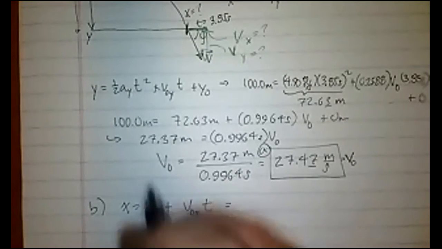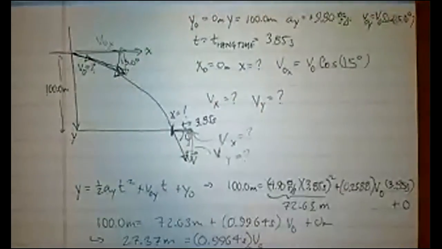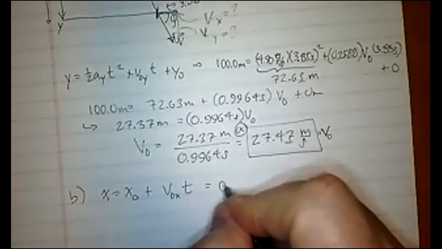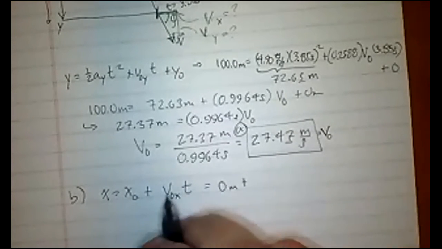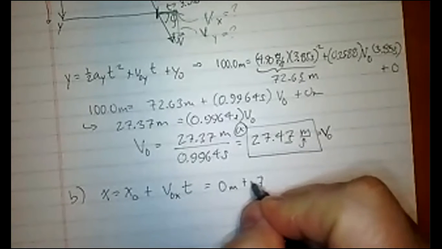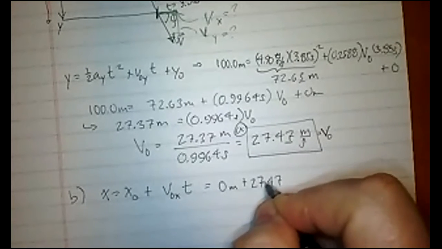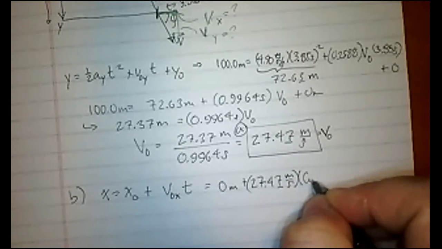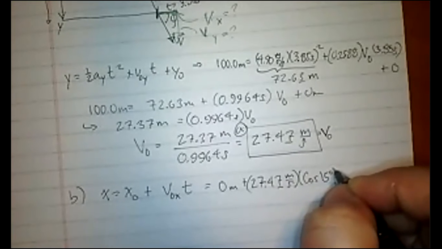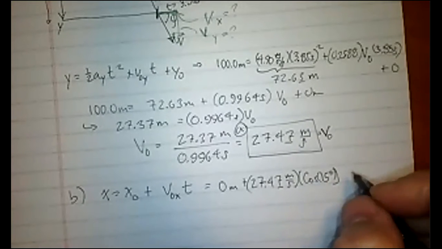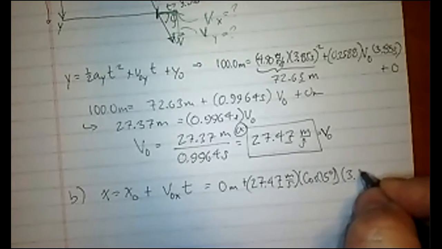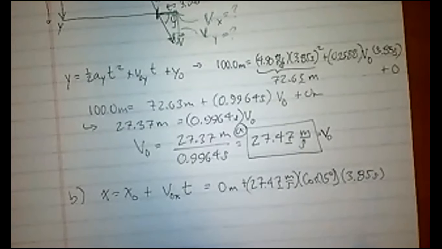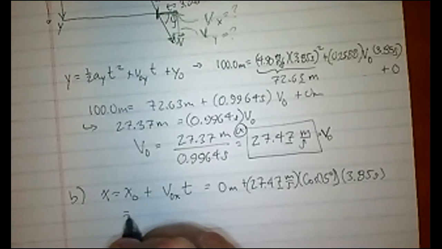So the initial x, obviously we started at the origin. So initially the x position was 0. And that's why we also took the time to put these variables and assign them quantities. So this is 0 meters plus. Now we've got to take that 27.47 meters per second and multiply it by cosine 15 degrees. And then multiply that by the time, which is 3.85 seconds. And what we get is,